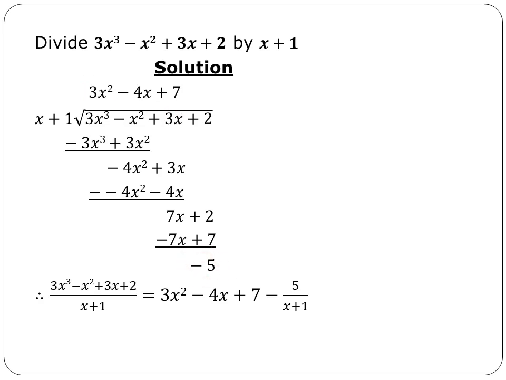Just know that we stop the long division only when we obtain a proper fraction, that is the degree of the dividend now becomes less than that of the divisor. You see that the remainder here, minus 5, has x with the power 0, that's why it's not written. So 0 here is less than the x with the power 1. So we'll get 3x cubed minus x squared plus 3x plus 2 all over x plus 1 should give us the quotient, which is 3x squared minus 4x plus 7 plus the remainder over the divisor, that is minus 5